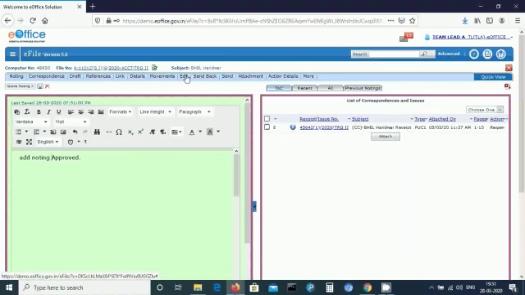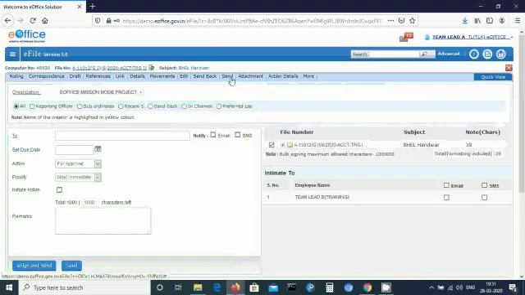Now after giving the notes in the note sheet, the note sheet has to be sent by the user to the person he has to send it to. You can send to the person by typing the first three letters of the name and designation section, as we have done in the receipt section. Let me select the send option. It will show me to whom we need to send.